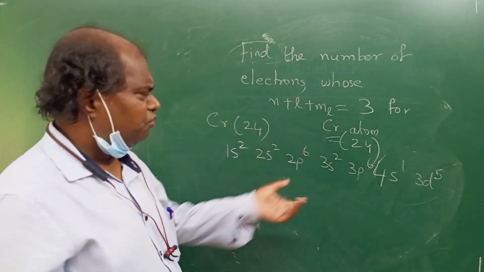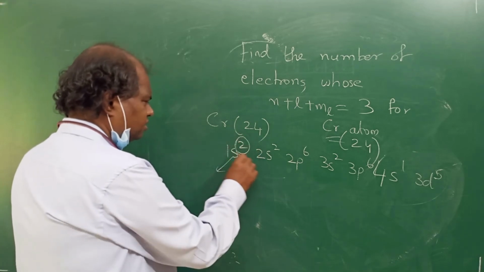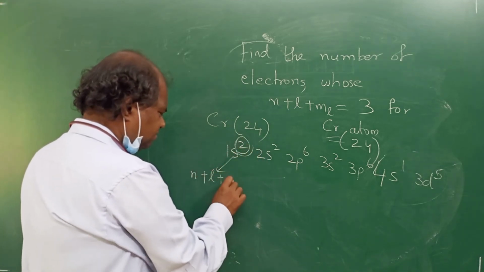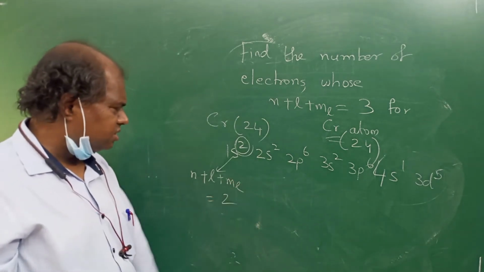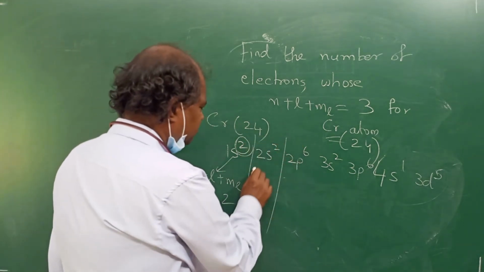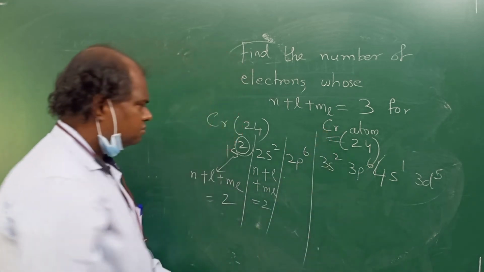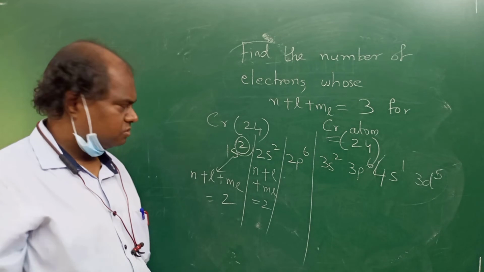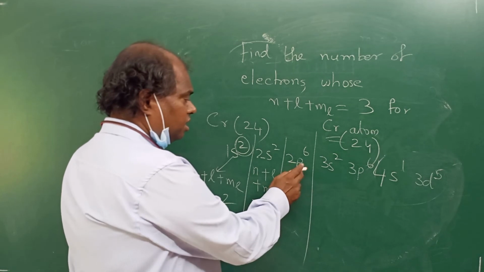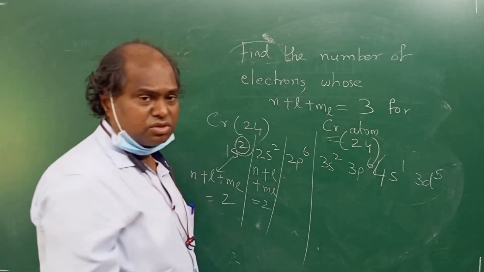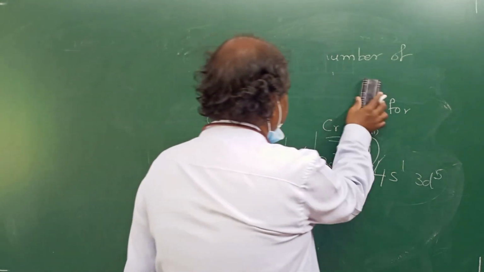Now we will write this n plus L plus Ml. Now we'll do faster now. We will not take much time. Let us do for this one now. These two electrons, right? What is the value of n plus L plus Ml? I think we'll get 2. I'm not going to do the whole thing now. Clear? L is 0, Ml is 0, right? So what is this for this? N plus L plus Ml. Again you will get 2. Correct? This one again you will get 2, right? N is equal to 2, L is equal to 0. Now here you have to be careful. Here students you have to be careful. For 2p6, we will have to draw the box diagram.